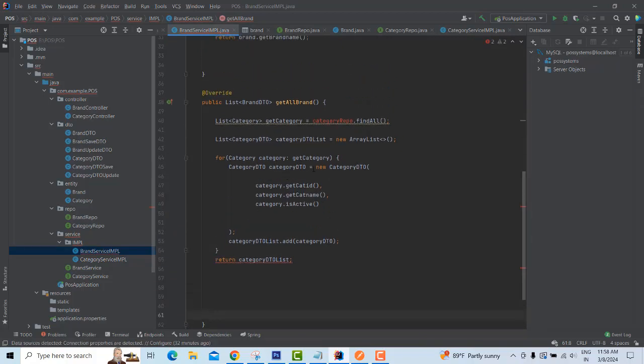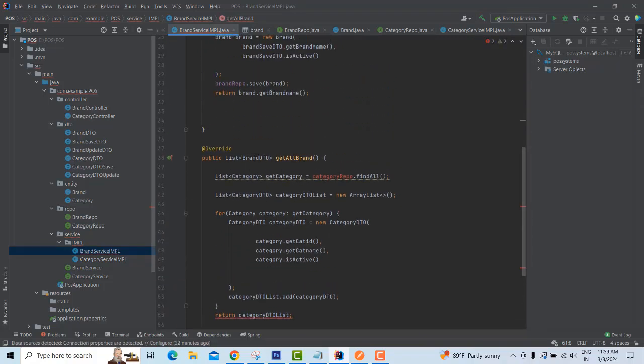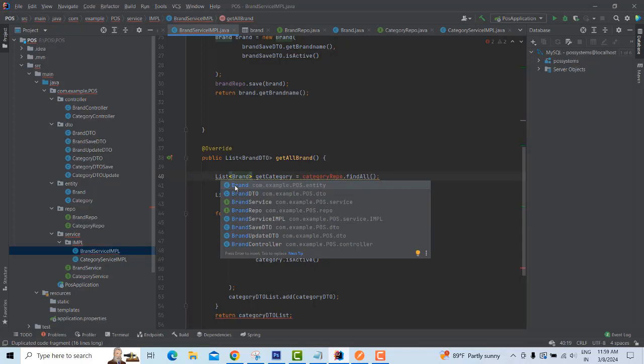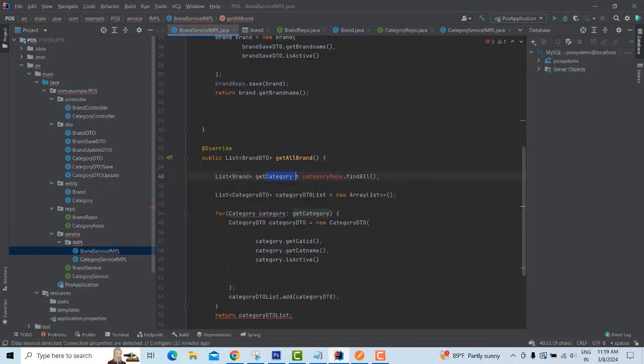You have to write it over here. So for the brand, we have to find this one's DTO. So you have to write brand, right? You have to get brand. So get the brand repo,